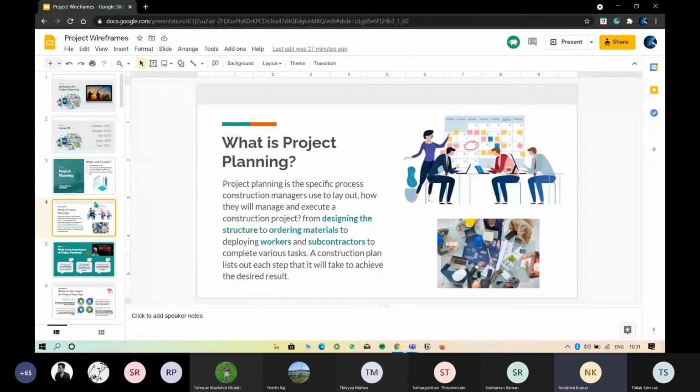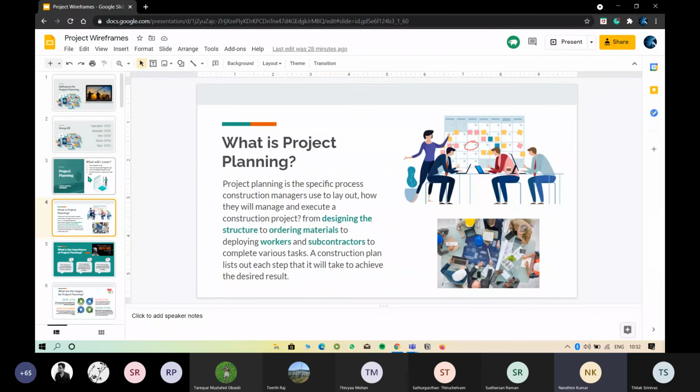Are you all along with me? Yes, ma'am. Okay. The third part is Primavera P6, where Tilak explained it completely. That part should be the third, followed by Tariq, where he told the down steps of the construction planning. And the fifth should be Sadur's part, where he explained the challenges and the trends in construction management software. Only the hierarchy of your presentation should be altered. Otherwise, it was a good presentation.